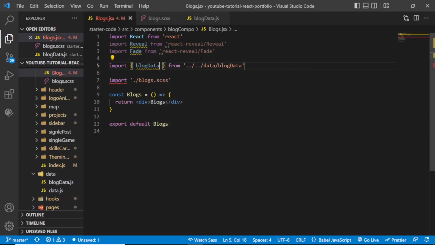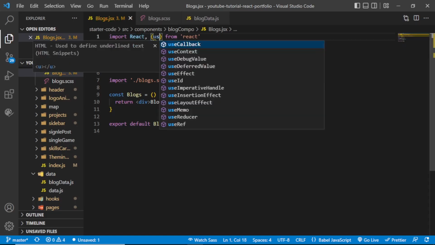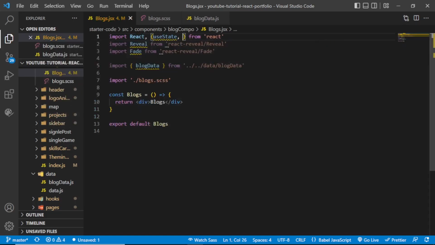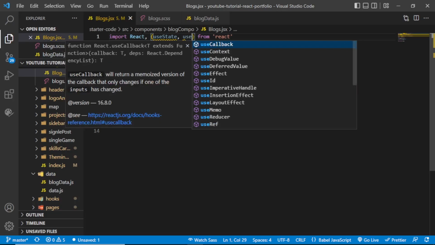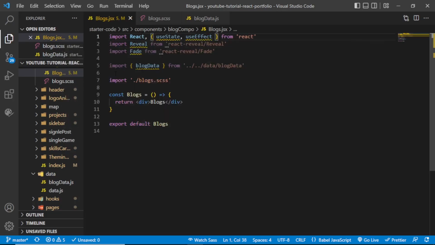blog data from data and then the blog data. Okay, I'll also make use of useEffect and useState. So let me import useEffect and useState from React, like so. So inside my return statement, I'll go with section, and the section is going to have a class name of section-blog and another class name of blog-home-section and another class name of